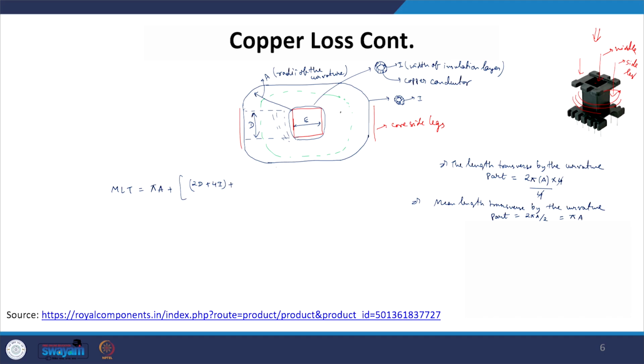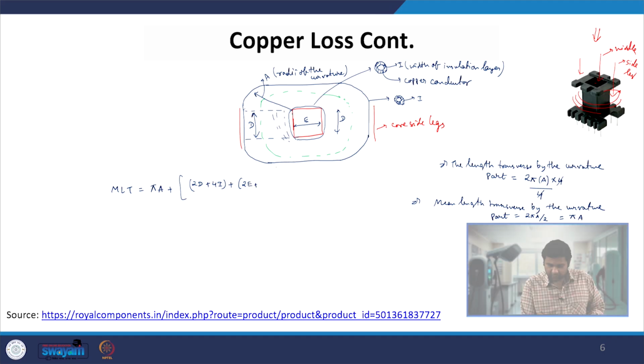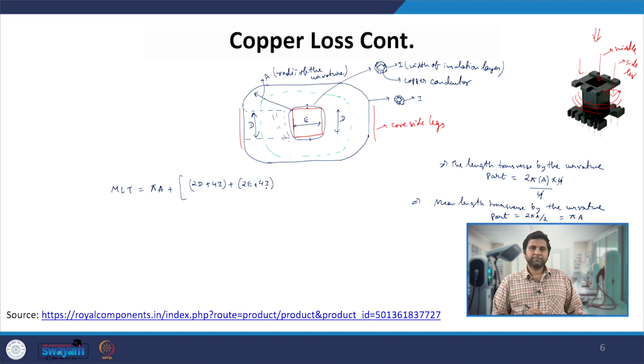So this side we have taken because this side also is D. Now we have to take the horizontal part, which is nothing but 2E, 1E this side, second E this side, and then in this side you have insulation here, insulation here, insulation placed over here, insulation placed over here. So it is 4I we have got.